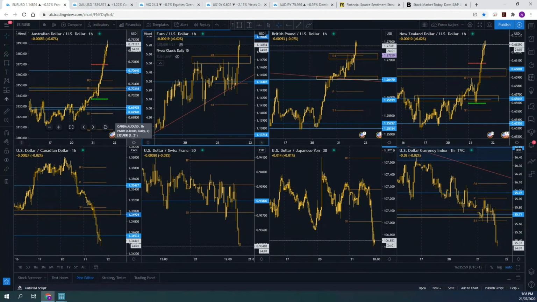Now, the first step, obviously, before you take any entry would be to do your fundamental, your sentiment, and your technical analysis to make sure that you are trading in line with those three elements. And once you've established that particular direction or bias that you want to trade in, you will have a trade plan in line with that bias. And depending on the type of trade that you take, you will want to do a quick cross check or spot check across the main macro markets to make sure that the coast is clear, so to speak, for